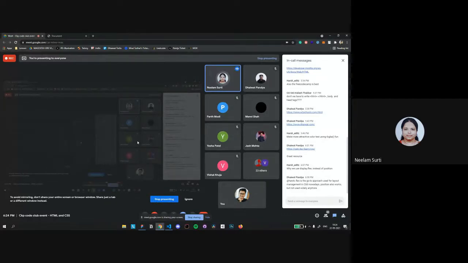From my side, I am asking all the students to create your own resume. At least you can develop your resume and see how it looks without CSS. It will look as if you are not using any color pens in your notebook and are writing one passage or paragraph. But when you have different colorful pens, you can decorate it. That is the use of CSS, isn't it?